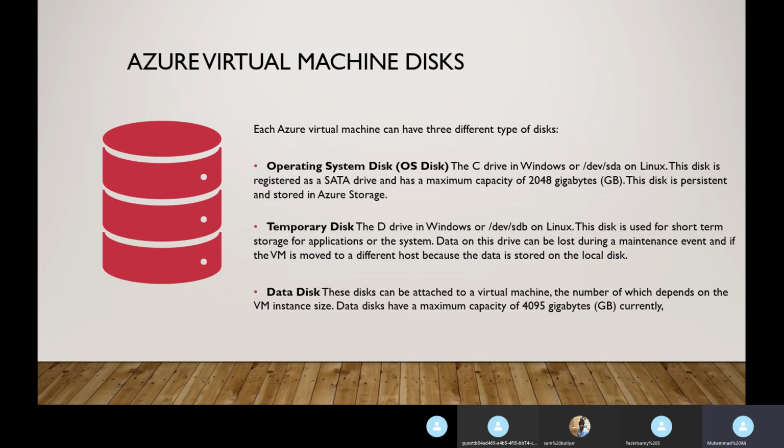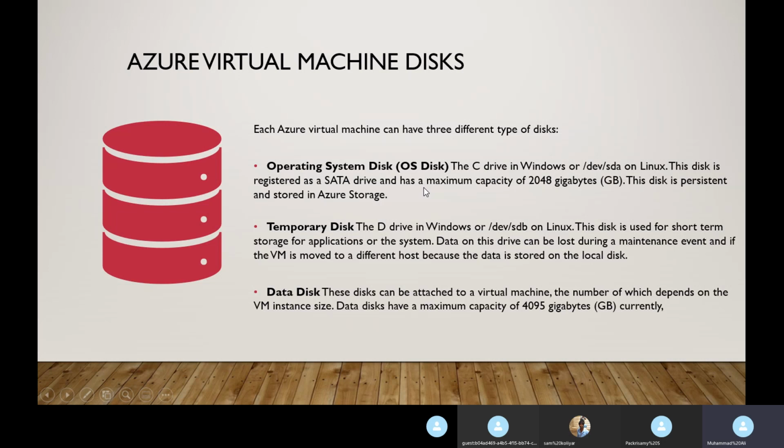On this next slide, when you create a virtual machine, you will normally have only 2 disks. The third disk we attach manually. These are the operating system disk and a temporary disk; once you create a VM, you will have these 2 disks on your machine by default. Yesterday we created a virtual machine, right? Once created, you can see inside 2 disks: one disk for our operating system, and the second disk, D, for temporary storage.